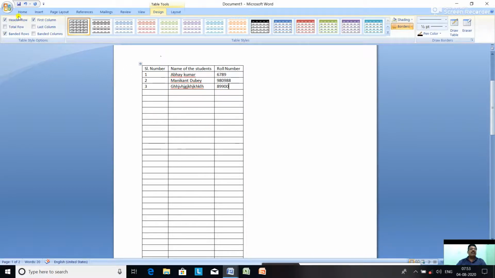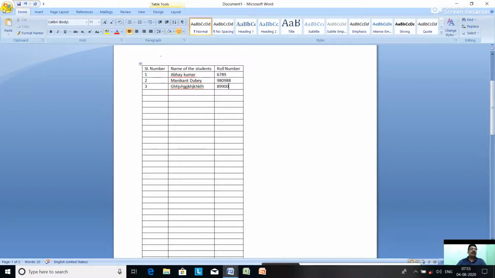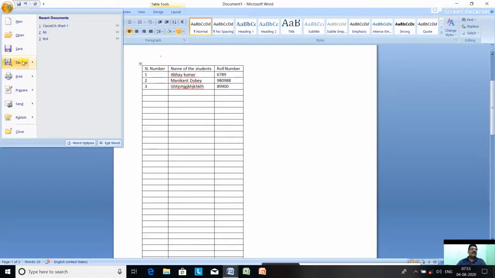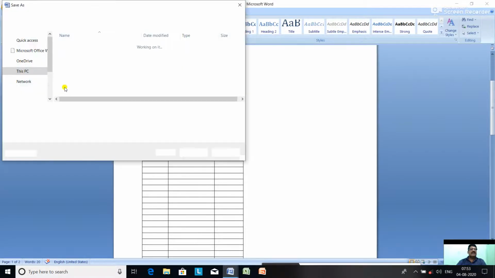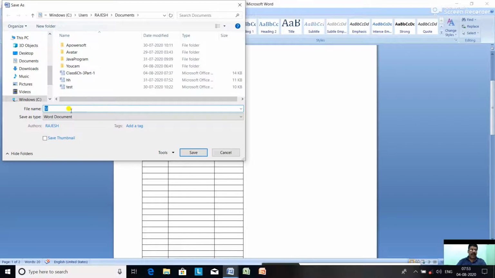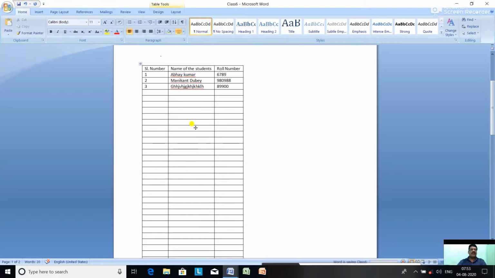After that, click on home. Go to the file menu, click on save as. The save as window comes, type the file name, suppose class 6. Click on save. And your file is saved with the name class 6 and you can use it whenever you want.